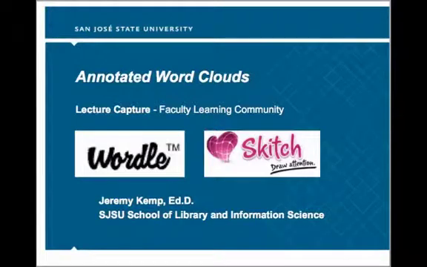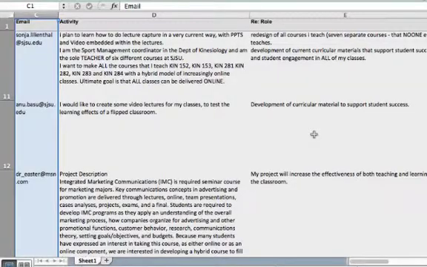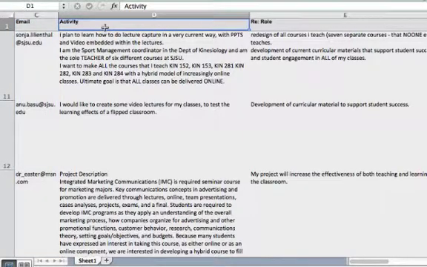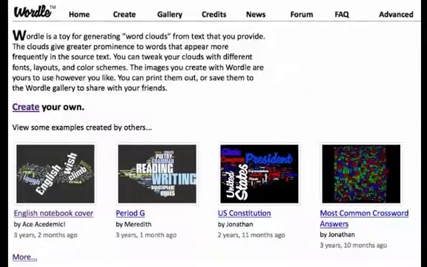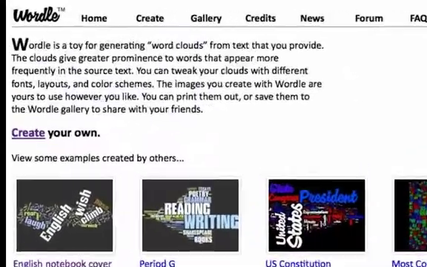So let's get started. If you had a large amount of text, a corpus like this, I'm going to work from the lecture capture spreadsheet that Amy sent around. So I want to take a look at all of the text for a given group. For instance, all of us have activities that we've planned out. So here I am in Excel, I'm going to copy this section here, and then I'm going to go to the web. Okay, so I'm going to go look at a tool called Wordle,